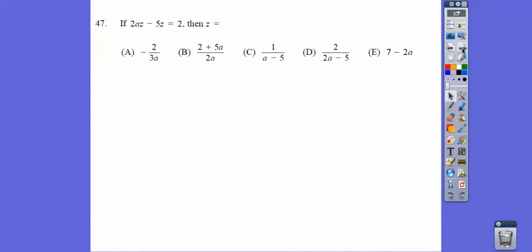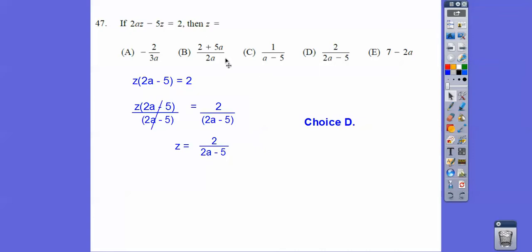All right, so here, let's see, so then z, okay, so this one's kind of tricky right here. Can you see this has a z and this has a z? So I'm going to pull the z out of both of those guys. We're going to GCF out the z. So we're left with 2a minus 5, and then we divide both sides. Here's z right here. It says solve for z. So when we divide both sides by 2a minus 5, we get choice